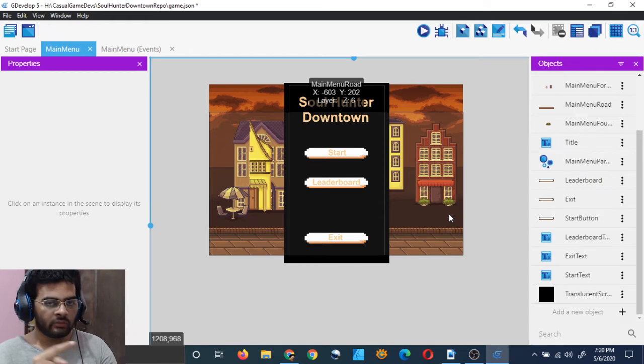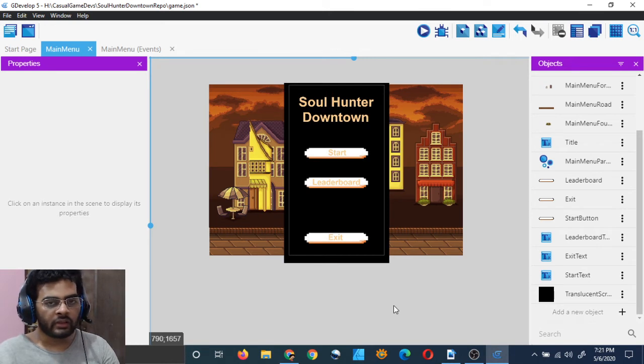So when the player clicks on the leaderboard, there may be two things that will happen. They will see a leaderboard with their location in it, and if they don't have an account, they will be taken to an account creation screen. So we also have to make two other screens. One will be leaderboard and other will be account creation. And when they click on the leaderboard, only then we should ask them to create an account. Otherwise they don't need an account to play the game. However, when they have made an account, they may want to access it, maybe to do something, maybe to delete their account, whatever, right?